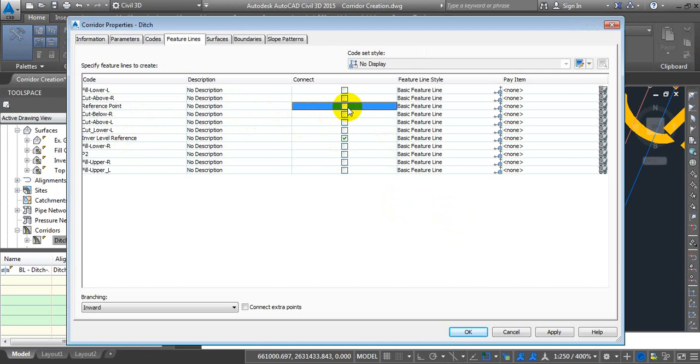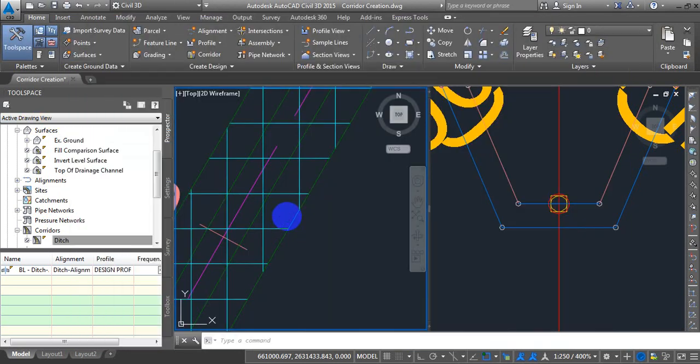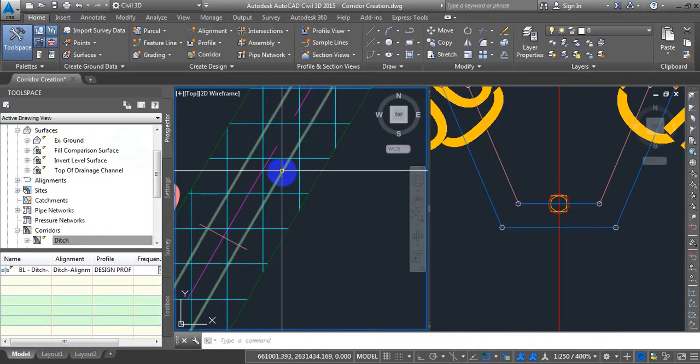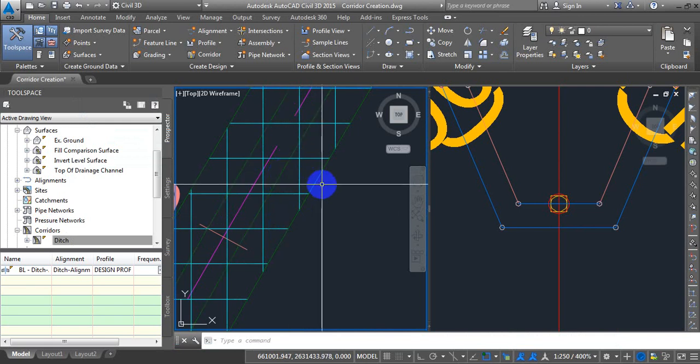I will turn this reference point feature line off, and keep this invert level reference feature line on. I will press OK. Then this is the feature line that the corridor is displaying,